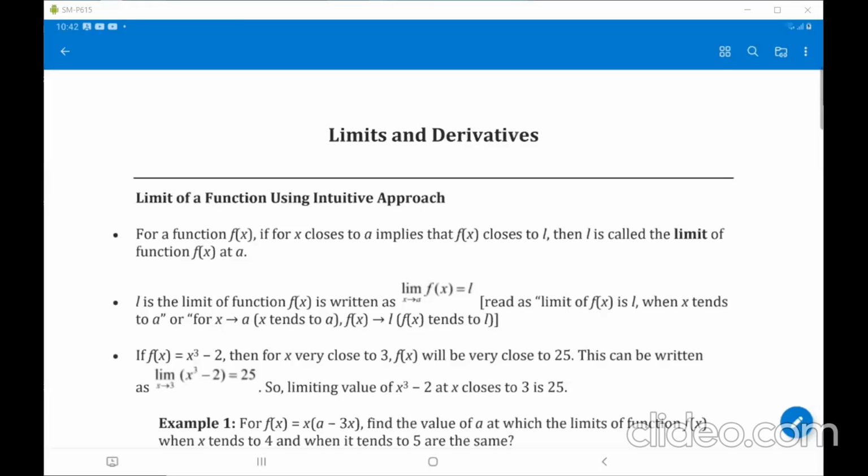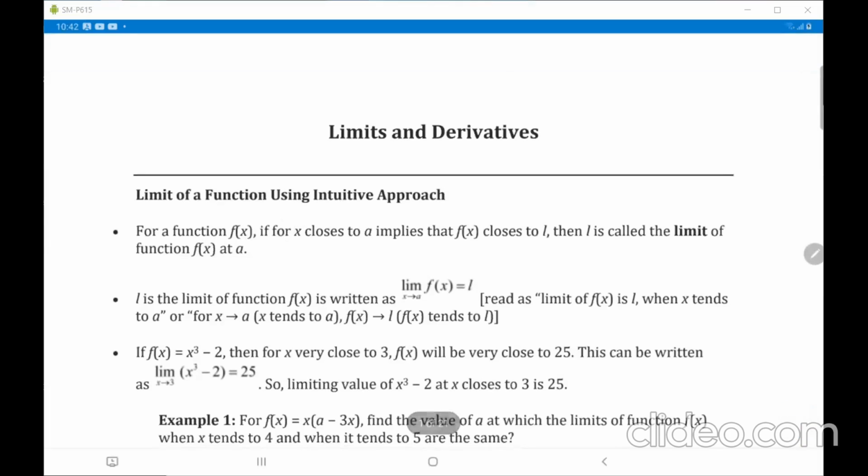Yeah, the limits and derivatives. You can see the definition of this: the limit of a function using an intuitive approach. The definition is given. For a function f of x, if for x close to a